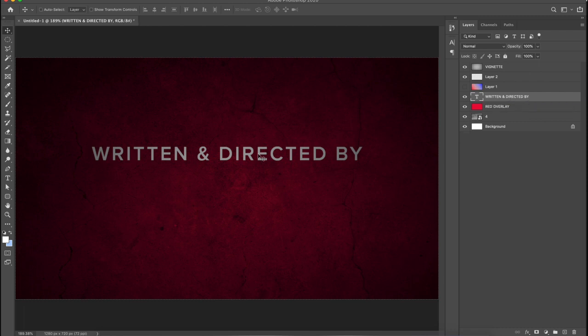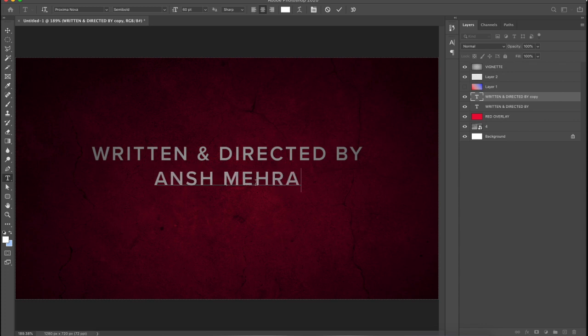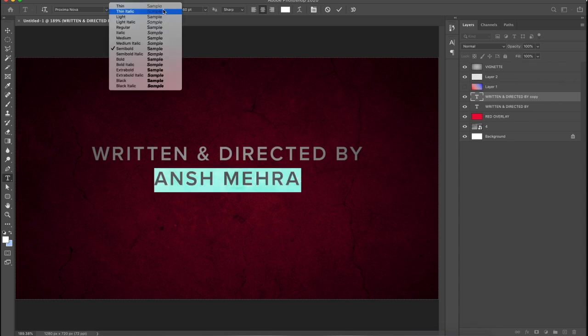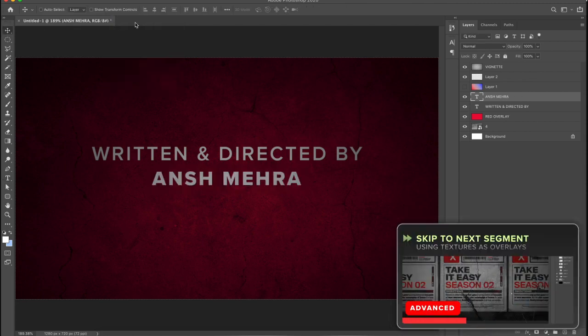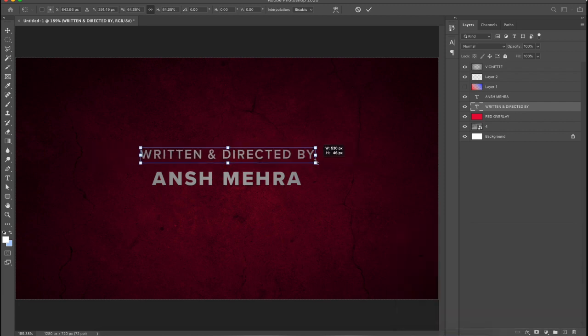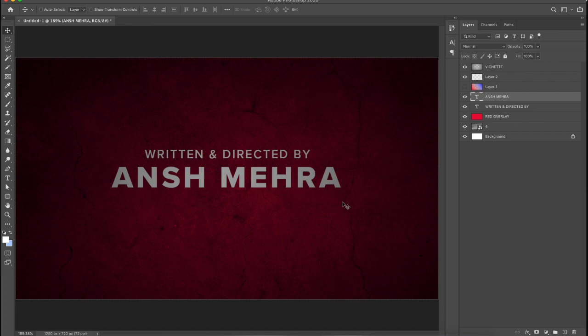Or if I press the Alt key or the Option key and drag my cursor, you can actually make a copy very quickly. On this, I will write Ansh Mehra and make it bold, or actually extra bold. And if I scale "written and directed by" down and scale up the Ansh Mehra, now I am